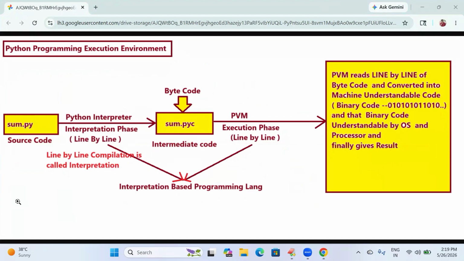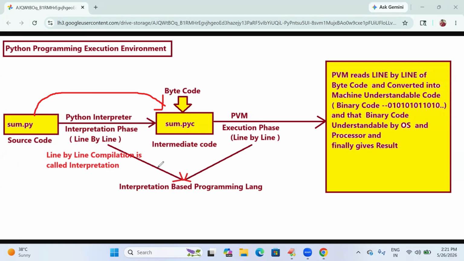So here we have created a file with the name sum.py, right? The Python interpreter will take this source code sum.py line by line and check for errors. If any errors are there, it will show them on the console. If there is no error, the source code is automatically converted into an intermediate code.